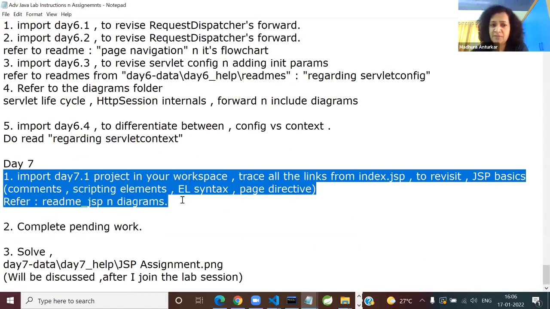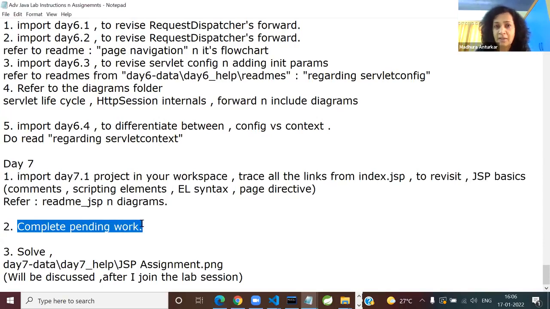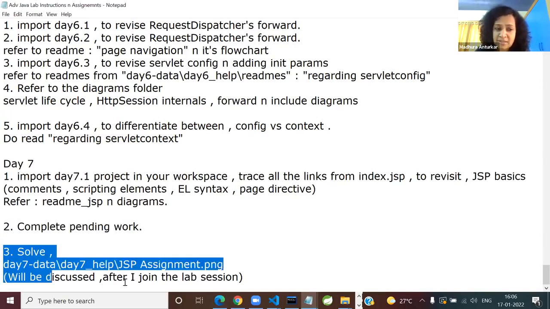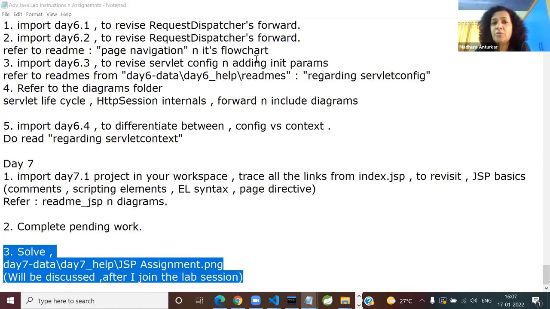Have you started doing your revision of JSP syntax and the first half of JSP? Okay, so I'll ask you for your suggestions or your option. One option is you continue for a while in doing the revision on your own. Option one, I can take the revision if you want any part of it, wherever you are, or best way is you can do it on your own. And doing that revision part, before you start completing the pending work, I'm going to discuss today's assignment.